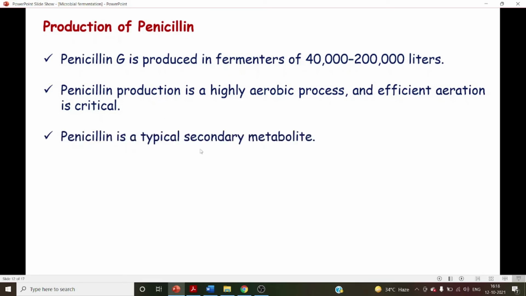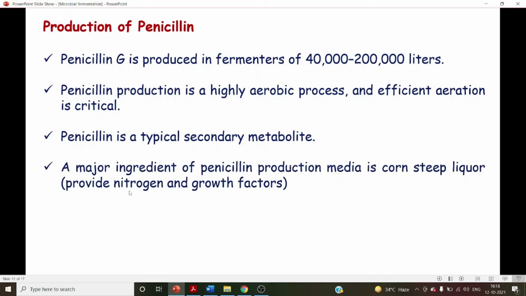Then penicillin is a typical secondary metabolite. As I told, antibiotics are the typical example of secondary metabolites. So penicillin is a typical secondary metabolite. That means it is produced at the end of the log phase, that is the exponential phase, and mainly in the stationary phase. Okay, then the major ingredient of penicillin production media is corn steep liquor, which is the source of nitrogen